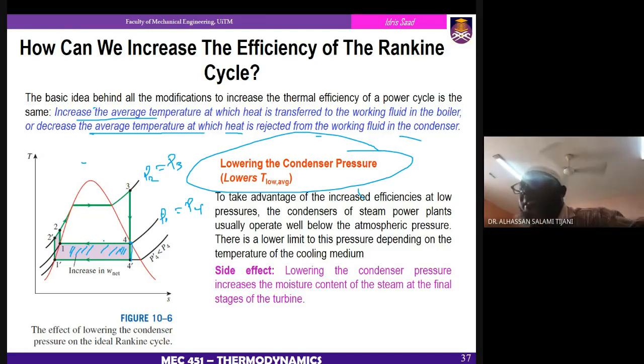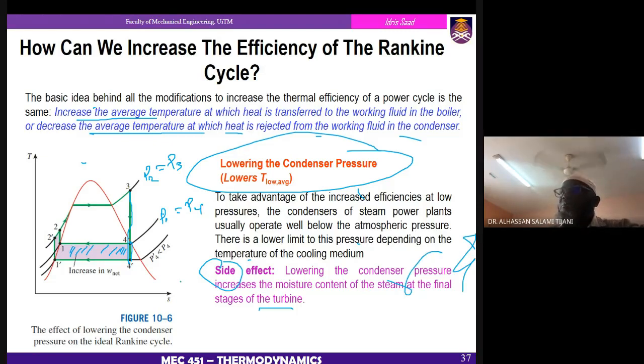Okay, so the more we expand the fluid, the more efficiency we are going to have. So we eventually conclude that lowering the condenser pressure increases the moisture content of the steam at the final stages of the turbine. So if you continue to lower the condenser pressure, we will have a situation where there will be more vapor present